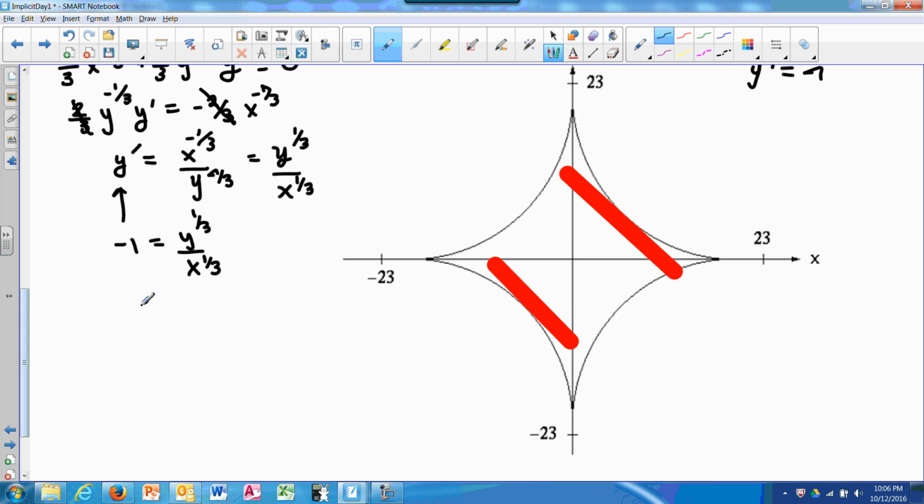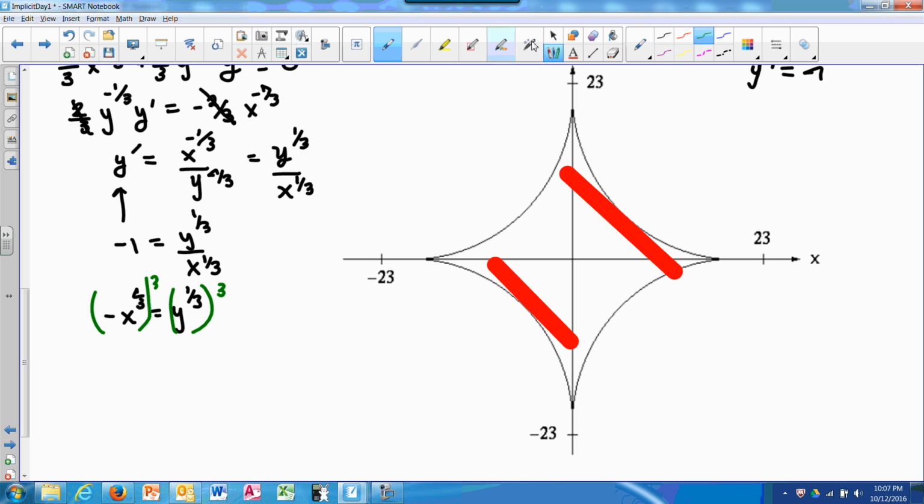That now means I can cross multiply, and negative x to the 1/3 equals positive y to the 1/3. I can cube both sides,